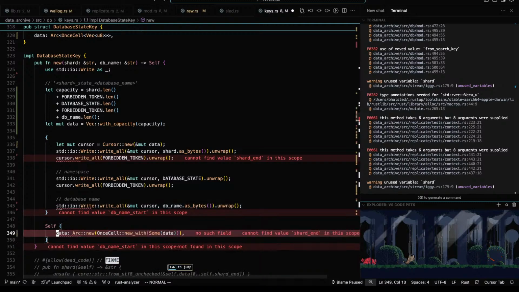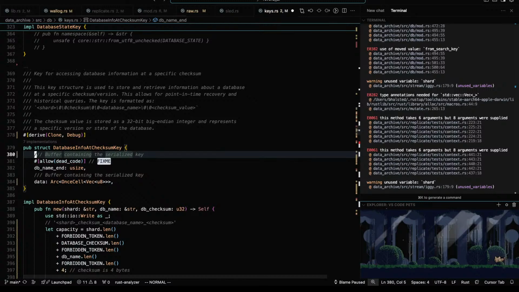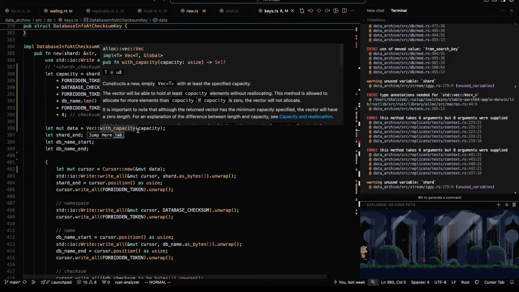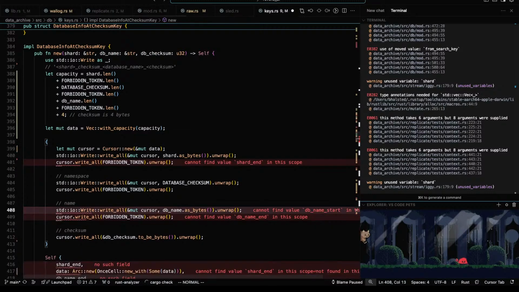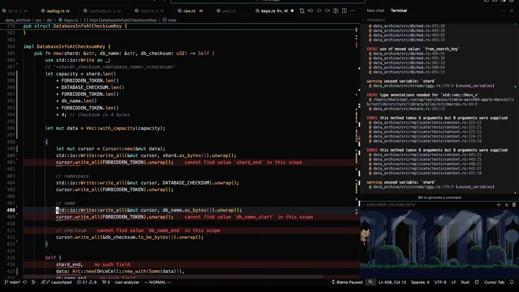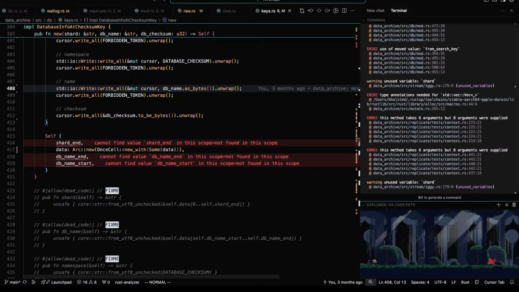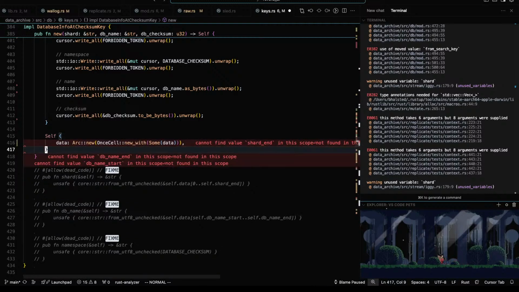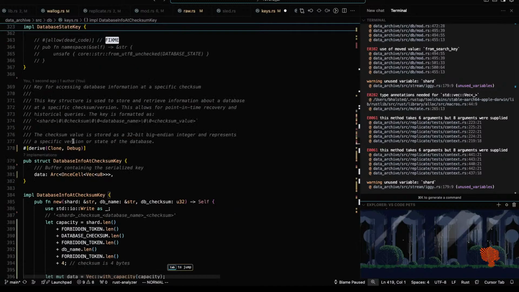Those go away. Database name and okay goes away. Which does make that go away.